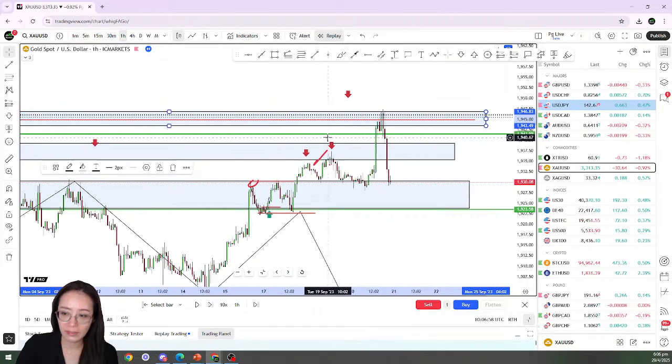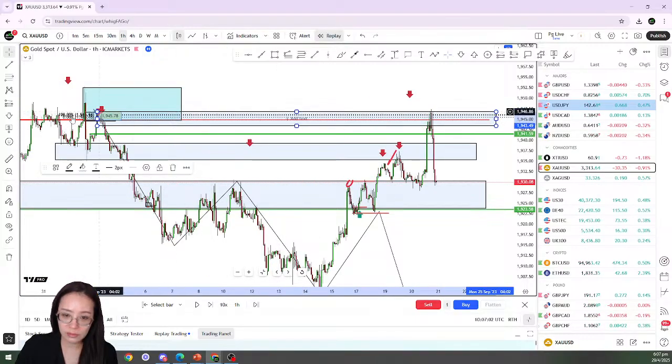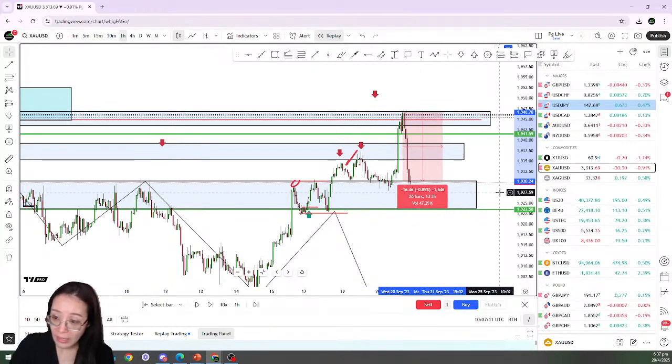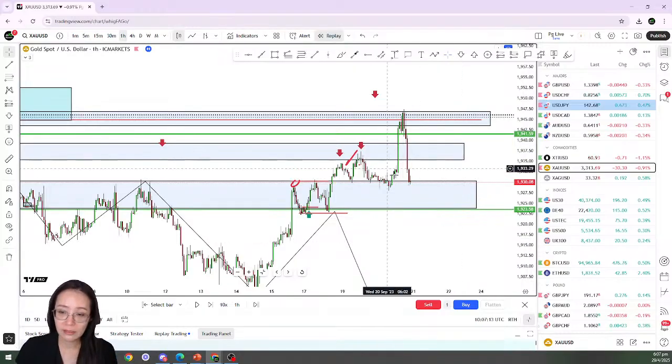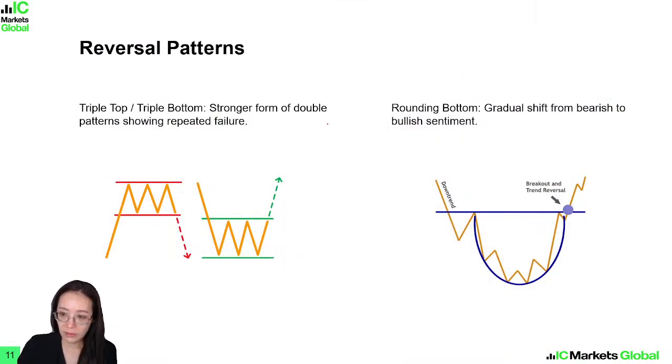1945, and then they come and boom. Here, this zone is still fresh, they haven't come yet, and then falling. How many pip is that? Let's just say 160 pip. Okay, any questions, guys? For the rounding bottom,